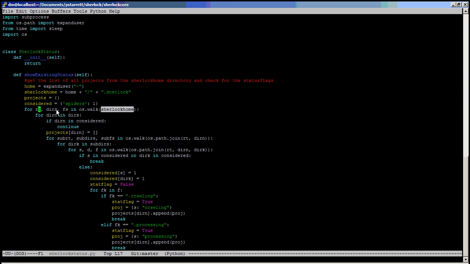DIRs is the list of directories inside this Sherlock home directory. That means it's a list of all the subdirectories contained in the Sherlock home directory. FS is the list of files contained immediately inside the Sherlock home directory. Now we loop over the directory objects contained in the